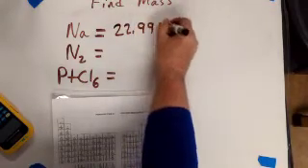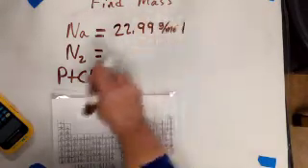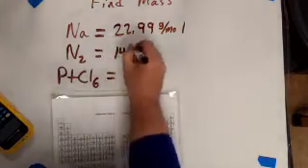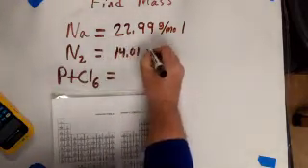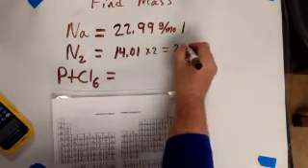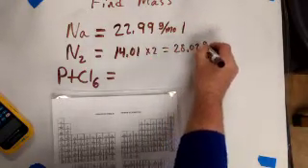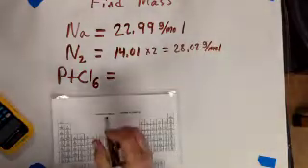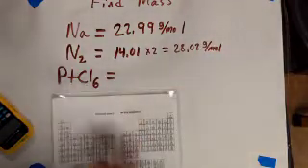All right, so here we had to find the molar mass of each thing. Now sodium, we just look at the periodic table, it's 22.9 grams per mole. For N2, we have to multiply the 14.01 from the periodic table by 2 to get the molar mass. For platinum